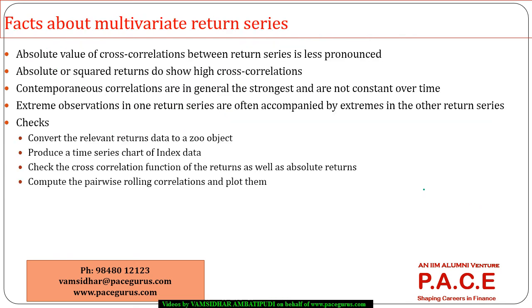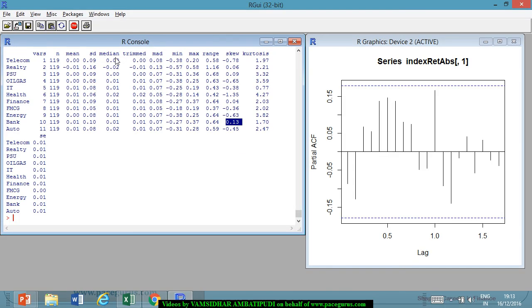Now, just extending it to the multivariate returns, we can actually take the cross correlation between the returns. So if I'm taking the absolute value of the cross correlation between the returns, let's say for each of the securities, if I really want to evaluate that part, I'll take the CCF, where I'm going ahead with the cross correlation function